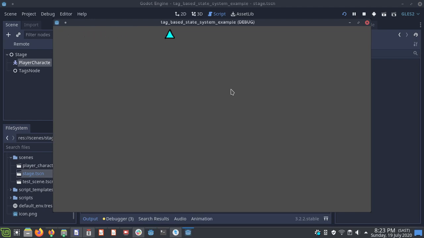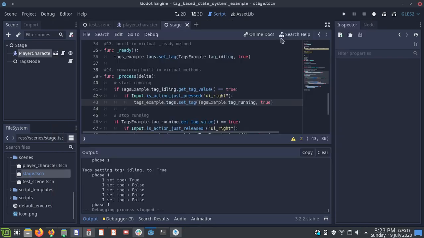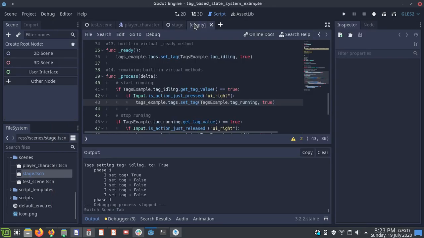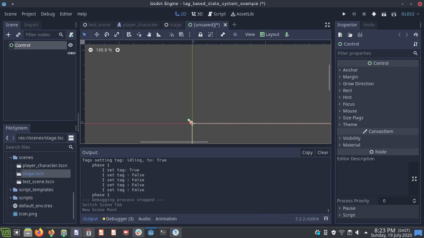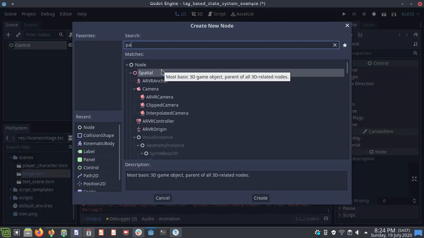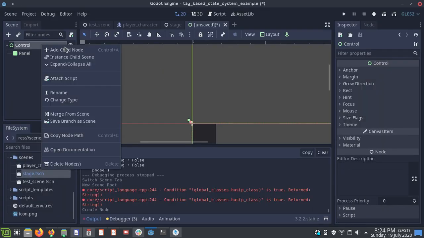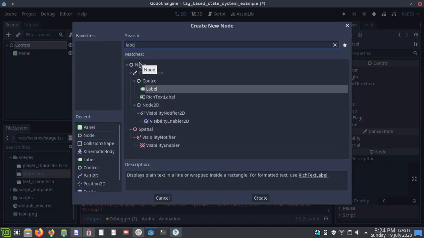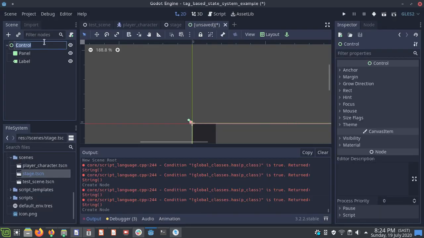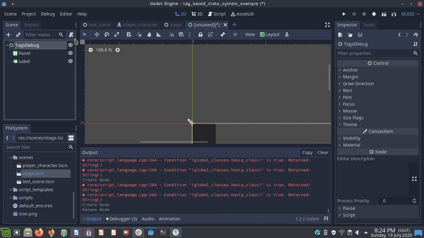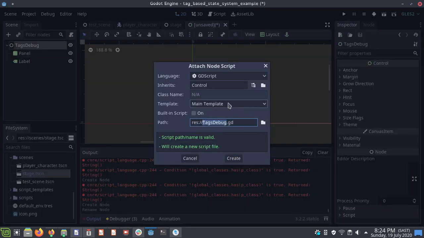Great. Now our play character is moving, but we don't have any idea what's happening in the background, so let's get some debugging going on here. To do that, I'm going to create a new scene. It's going to be a user interface, a simple panel and a label. I'm going to name this thing tags debug, just so that we can see the values of the tags in the background. Okay, and I'm gonna make it a built-in script,